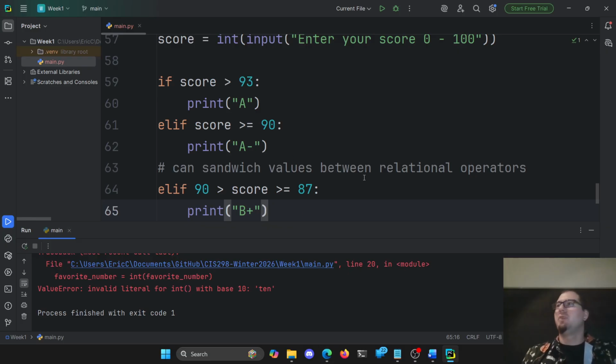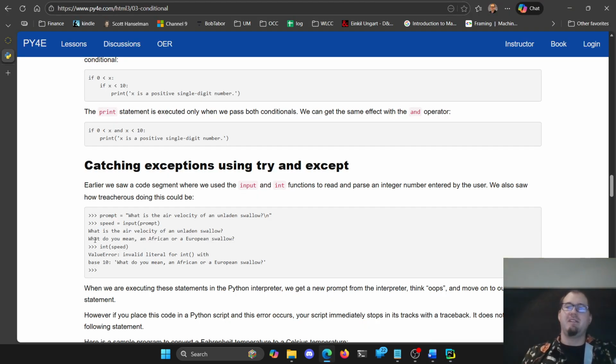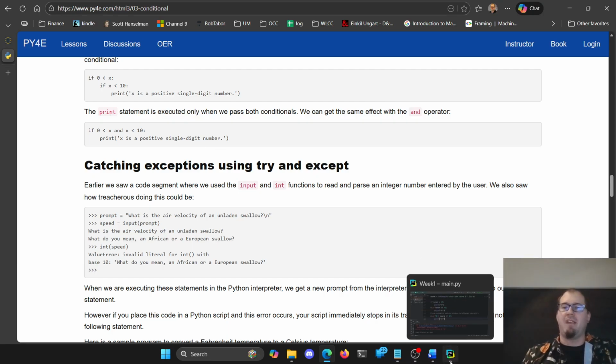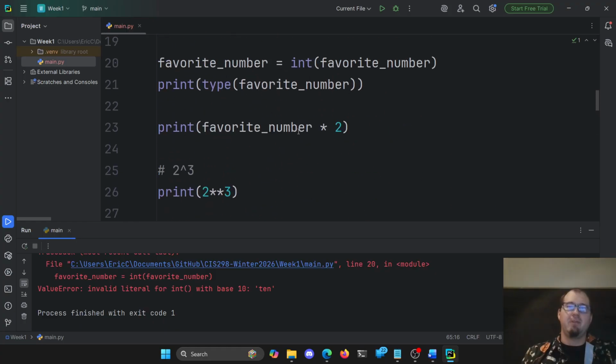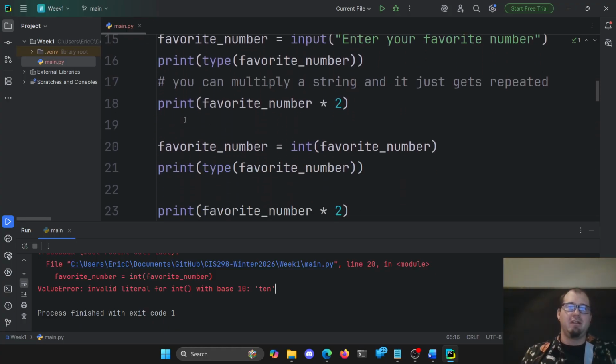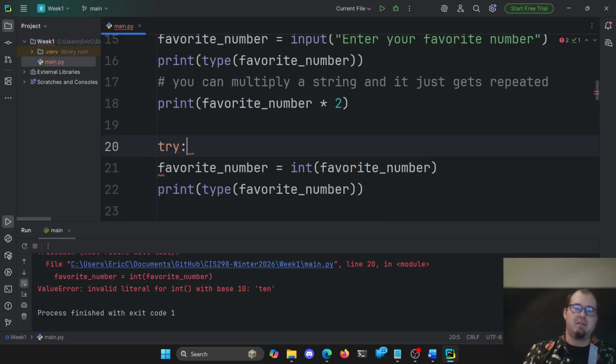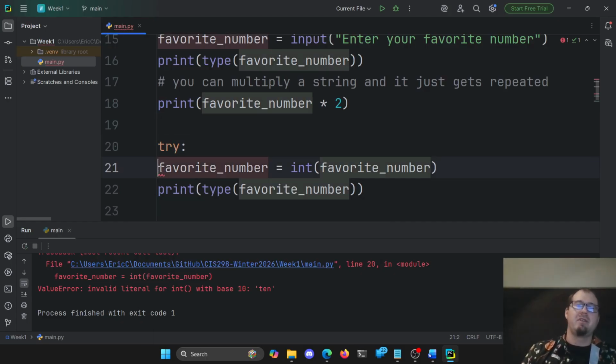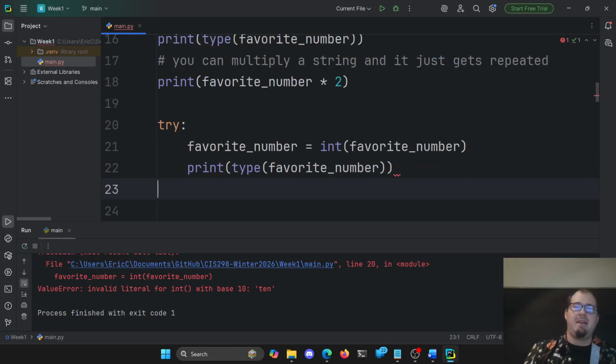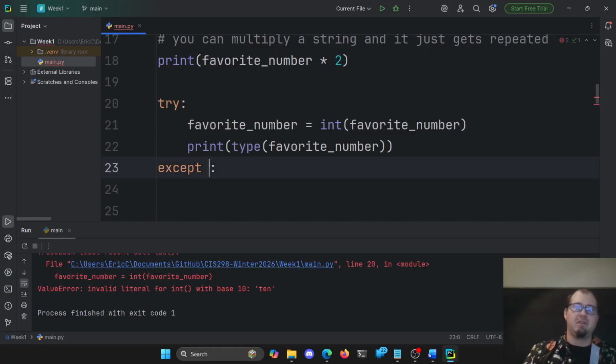So if you want to avoid crashing and handle exceptions, we can use a try block, and then in Python, we use except. So it's not try catch, it's try except. It works the exact same way here. So if you want to not crash when we convert, let's see. We will try to convert to an integer, your favorite number. And if we get some sort of exception,